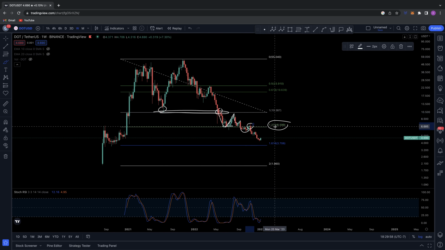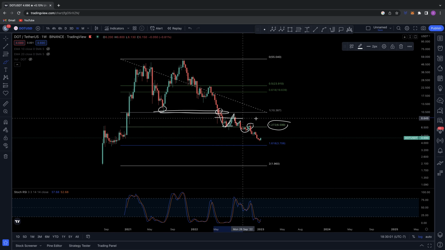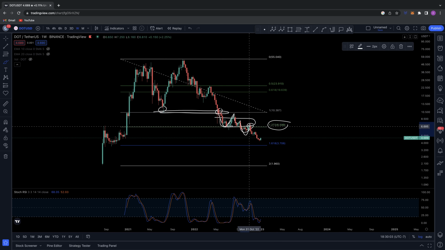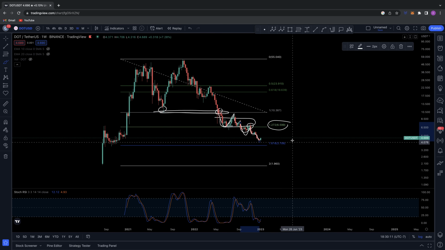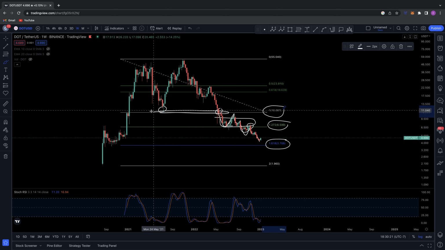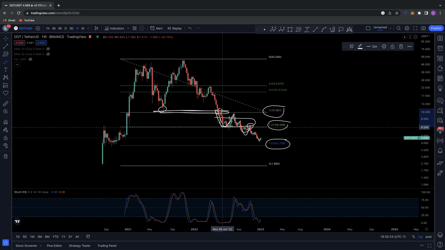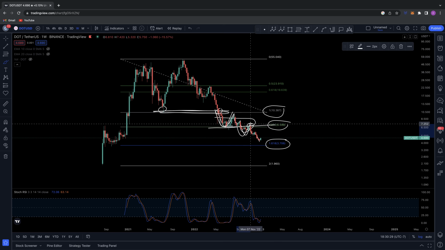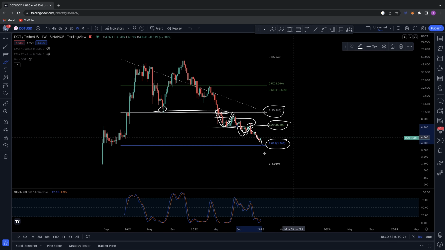So this is now a target that was holding support for a few months, but you lost support, turned it to resistance, and then are being rejected off of that. So what does it tell you? When you lose one fib and you lose the other, you're looking to go to the next. So right now the key support area for me for Polkadot is this 1618 extension target on the fibs at $3.70, and that's literally because you lost this support, this was $10 support you was looking to hold, you lost that, turned it to resistance, then you came down and lost the 1272, and you turned it to resistance. Now you're looking to come down and retrace to this 1618, and you can see that this area for